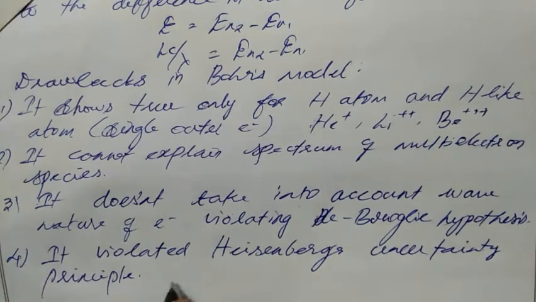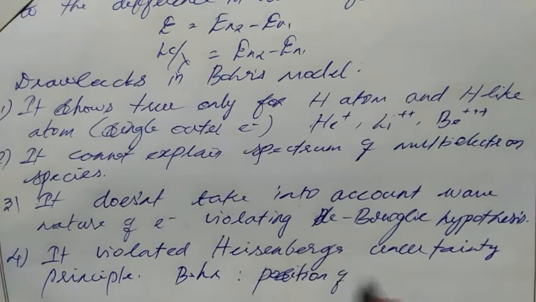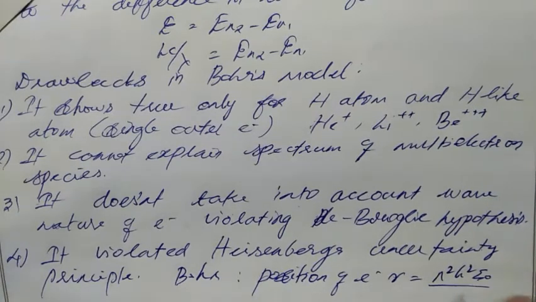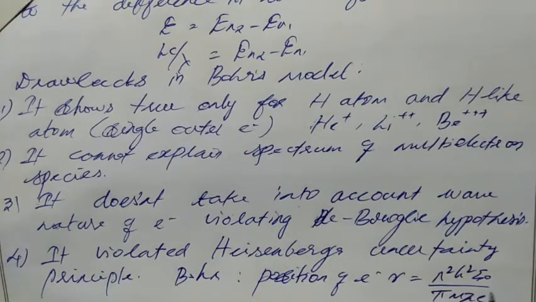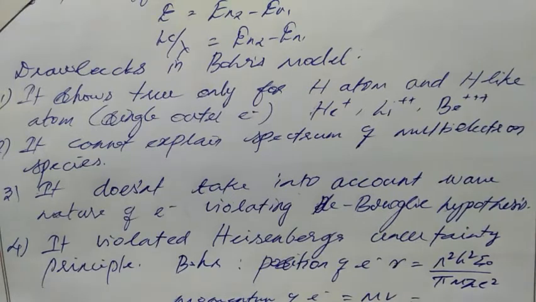For example, from Bohr's atomic model, we know the position of the electron, which is r equal to n square h square epsilon naught divided by pi m z e square. Here r means radius, that is the position of the electron in the orbital. Similarly, the momentum of the electron, that is p equal to mv, the linear momentum formula. So m into the velocity of the electron,